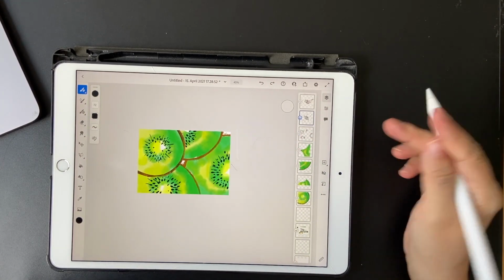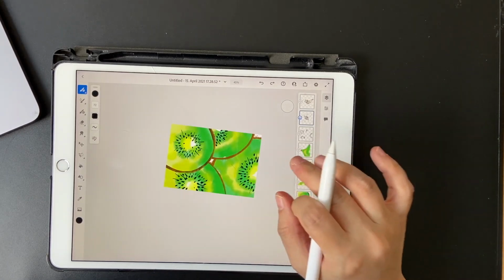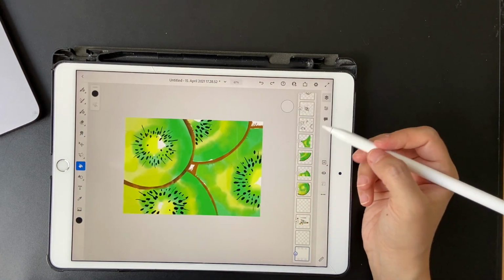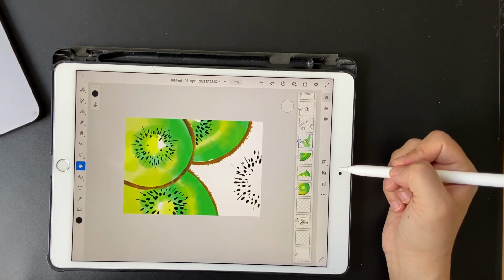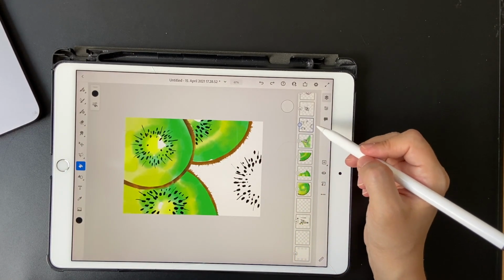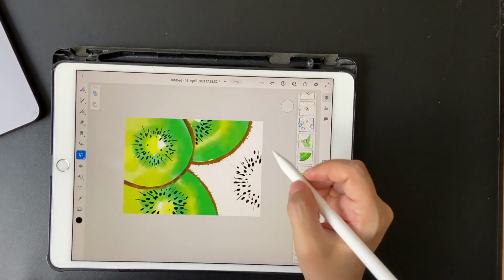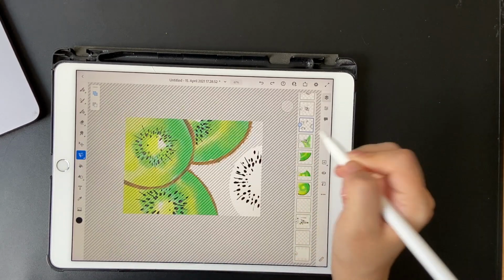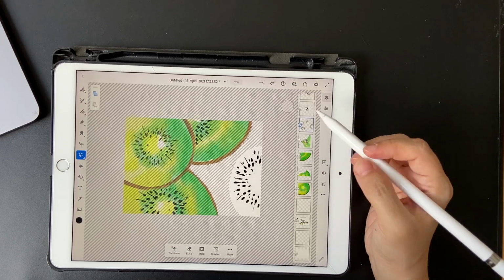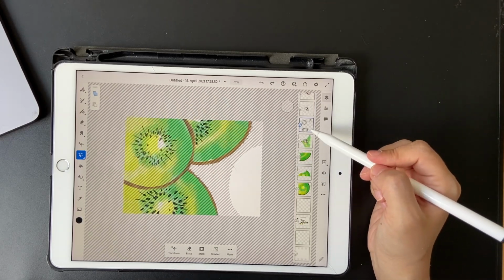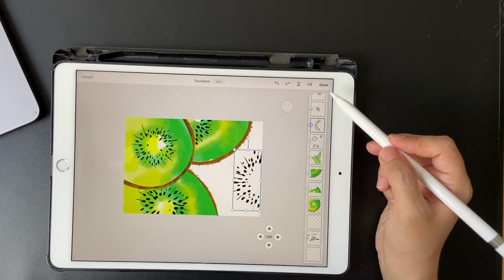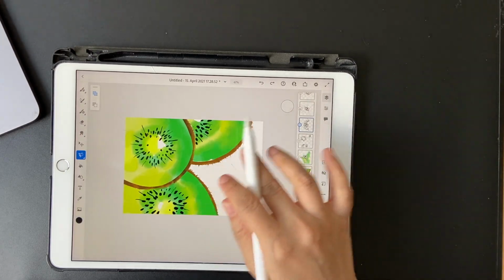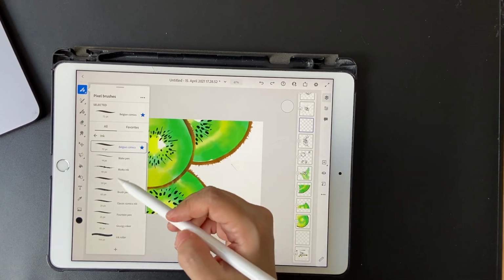Go ahead and uncheck the sketch and you can see that your kiwis are ready. If you don't want this one, you can actually hide it. Like you can go ahead and click on that and click on uncheck. And for this, you can actually go here, click on your selection tool and you can actually remove this. Click on that and click cut selection, click paste selection and it will paste on a new layer. Click on done. And you can hide that and then you'll have the kiwis and you can write something and